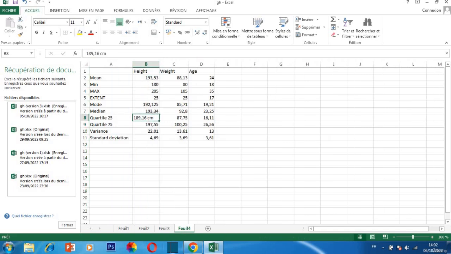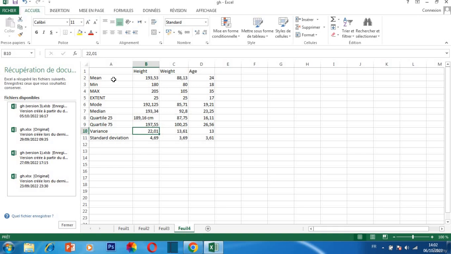For the standard deviation, in the height we have 22, which means there is not a lot, but there is a variance between all the heights of the swimmers. There is a little bit of variation in that